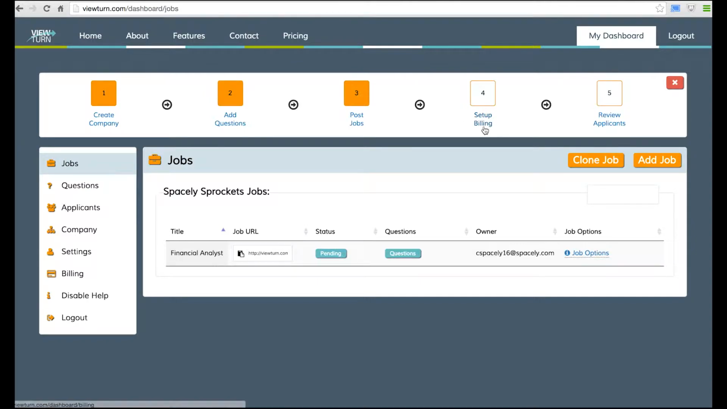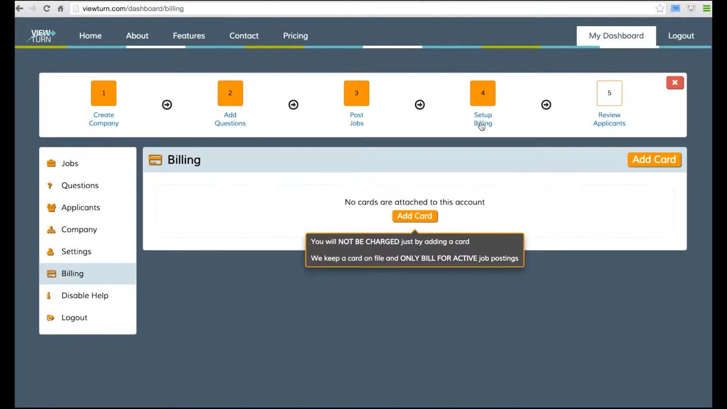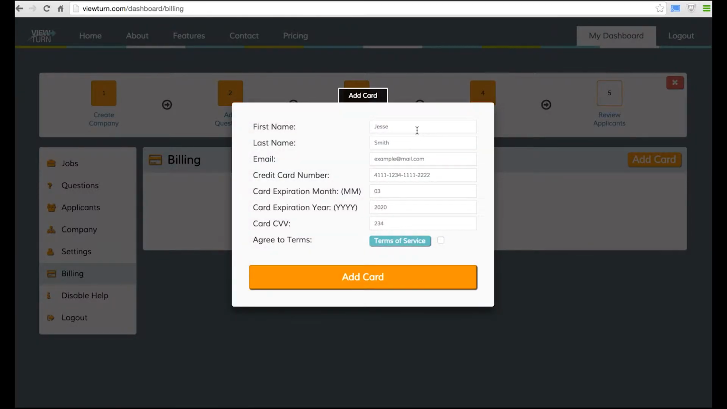That's okay. So now we have to go to step 4. And step 4 is setting up your billing account. So you click add card and then your name there. So Spacely. See Spacely. You know what? Let's just show you for example's sake. I'm going to actually put in